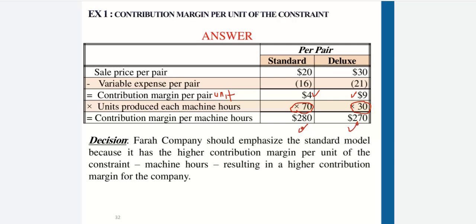Based on this new information, based on this limiting factor that you take into consideration، بناء على العامل ده اللي انت خدته في الاعتبار اللي هو contribution margin per machine hour، يعني contribution margin per limiting factor أو per constraint، which model you should emphasize؟ ننتج إيه؟ ننتج standard ولا ننتج deluxe؟